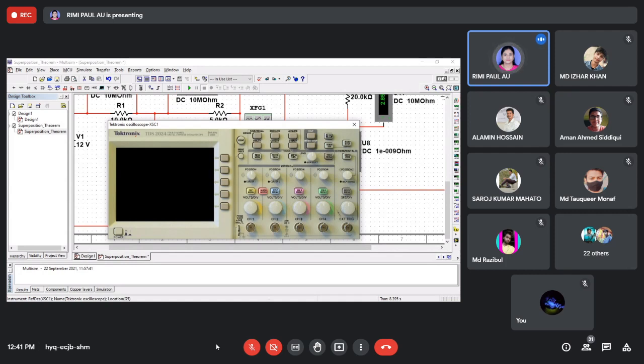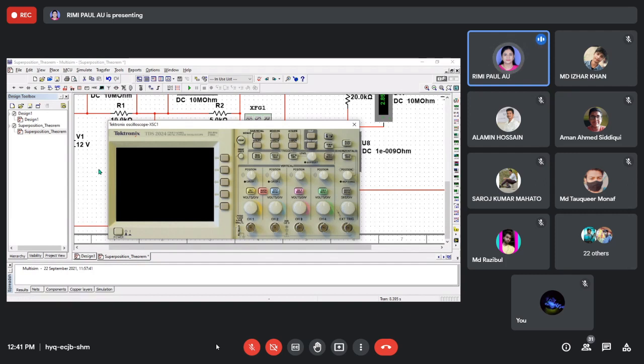Is there any harmonics or any noise present? What fluctuations are present in the waveform? Everything you can learn through this oscilloscope. You need an oscilloscope, and you have to know how to handle it. So I'll show you the basic things through this lab. Today I am just showing you how to see it.